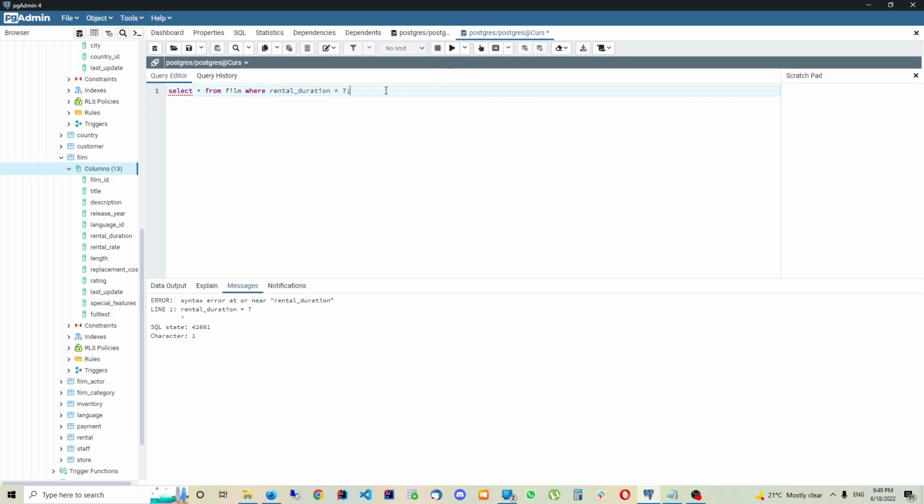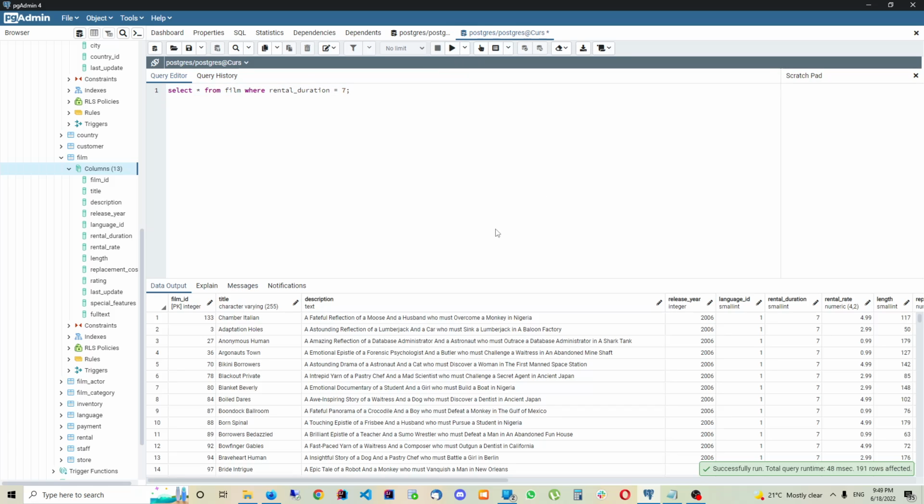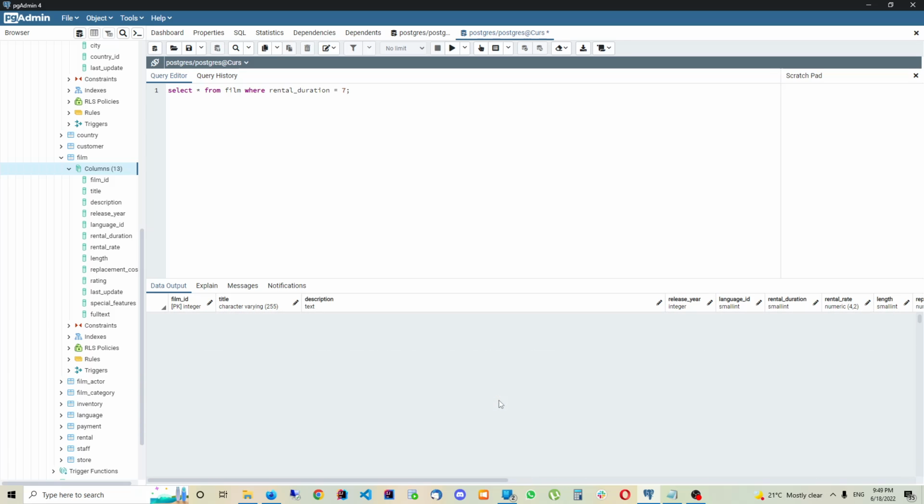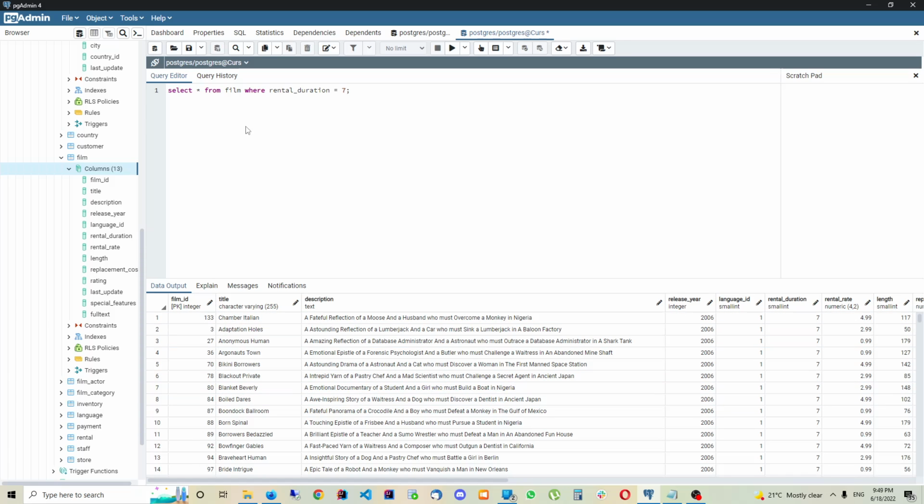And if I type fire here, I'm going to see that I have 191 rows, not 1000 rows, that have the rental duration 7. For example, let's try to get all the movies that have this title, Chamber Italian. So I'm going to replace this rental duration with title equals, and because Chamber Italian's data type is character varying,